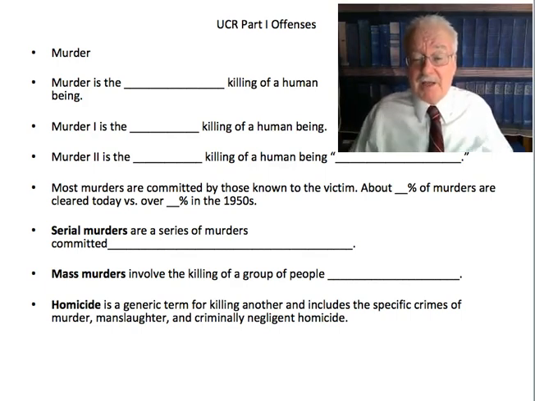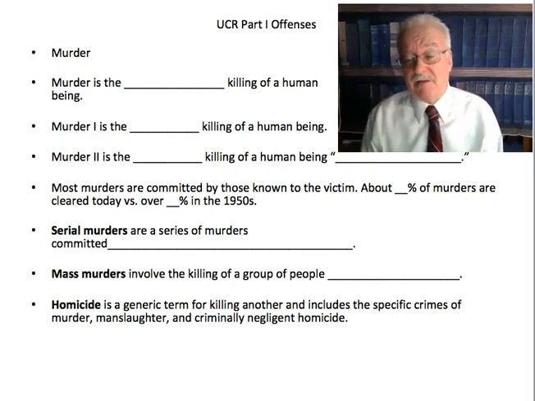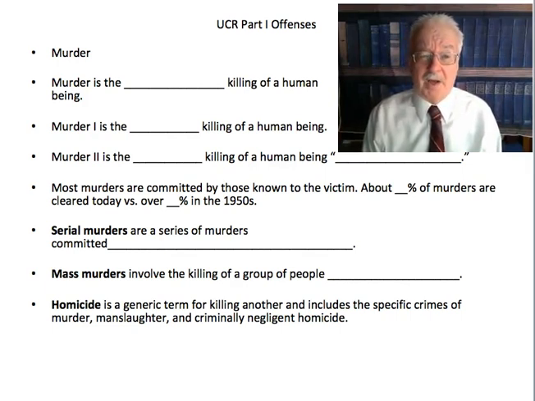However, they are in the heat of passion. They're extremely upset because of what they saw. That's a mitigating factor that reduces the punishment, the level of liability. So for Murder 1, you can be executed in some states or given life imprisonment, whereas Murder 2 might be 25, 30 years in prison.